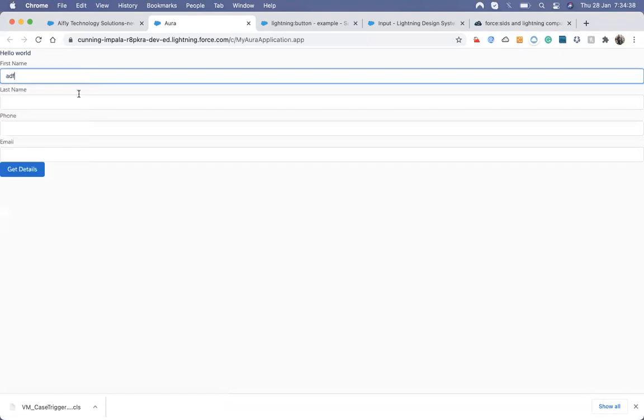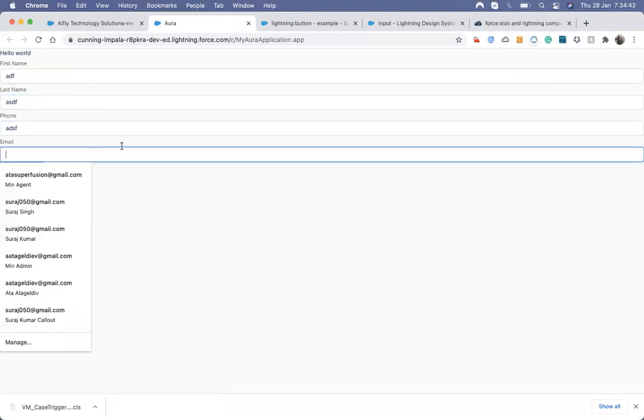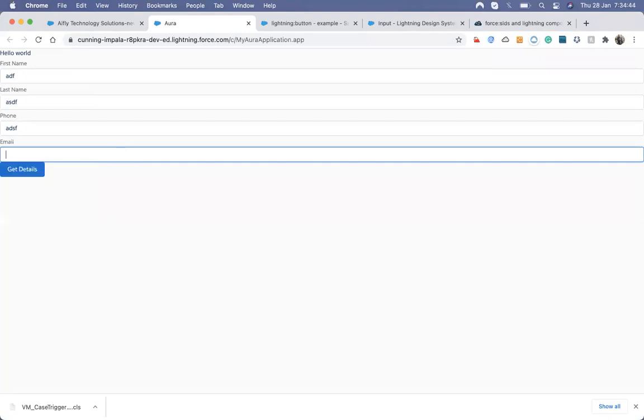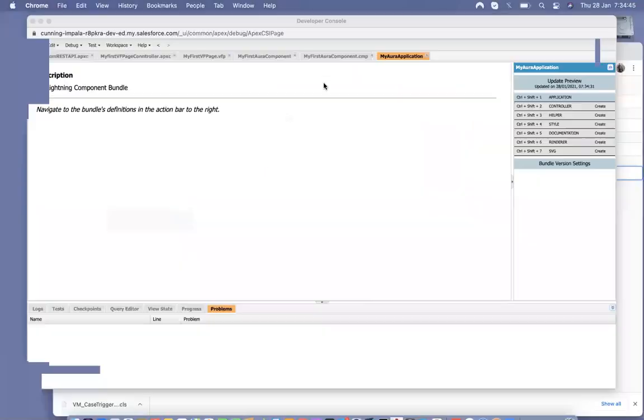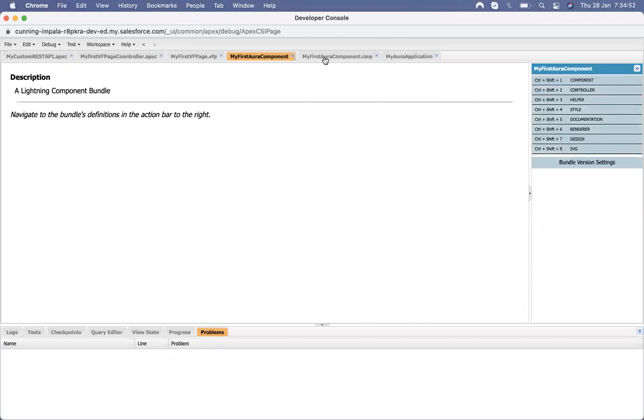I want to capture these values inside this controller, meaning I want to capture those values that the user enters. So let's have a look.